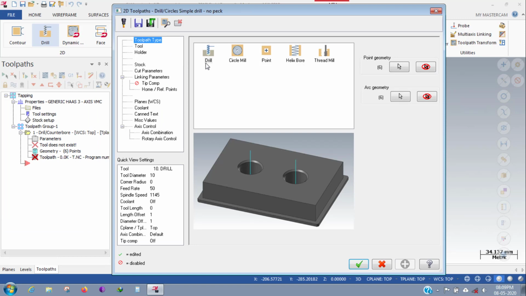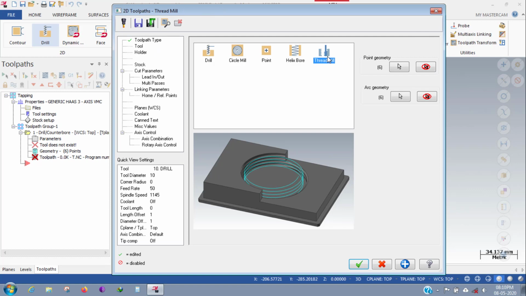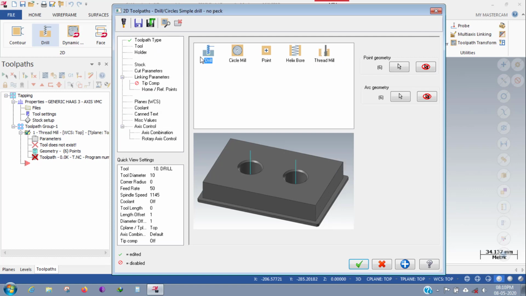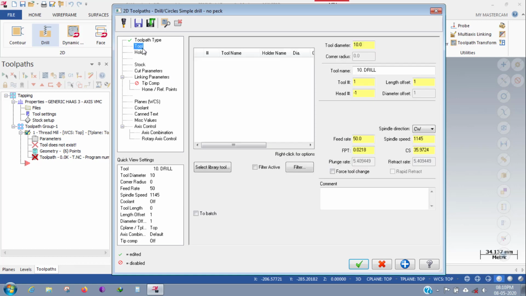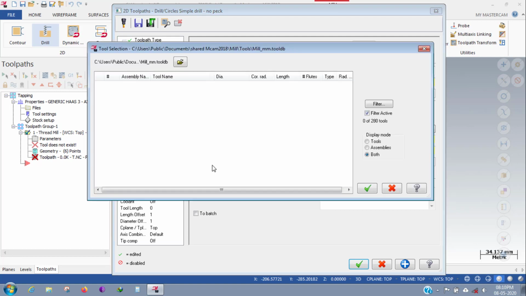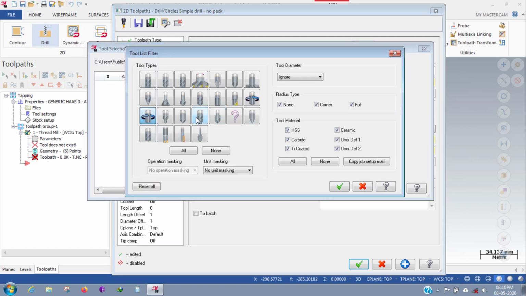In this, we have to select drill for using tapping cycles, because if you go with the threadmill, we have to select the threadmill option. Because it's M12, I'm using a tap, so I'm going with the drill, going to the tool option and selecting from the tool library filters. I'm going with a right hand tap